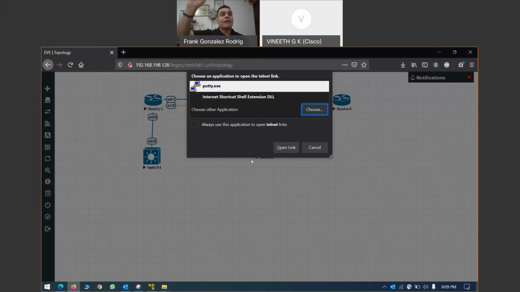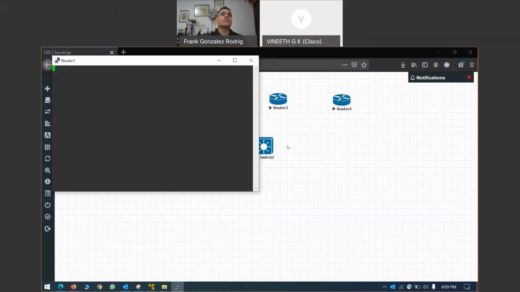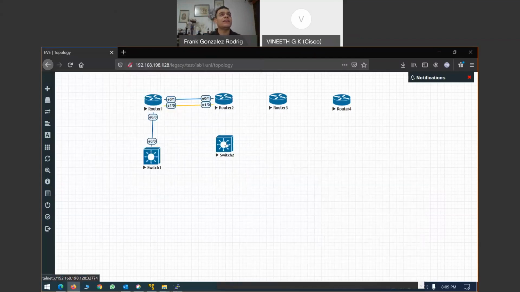And now, give a check when they say always use this application to open telnet links. And click open link. And after a couple of seconds, a black window should appear in your system. Hey, Frank, but nothing is happening. Just click enter. And immediately